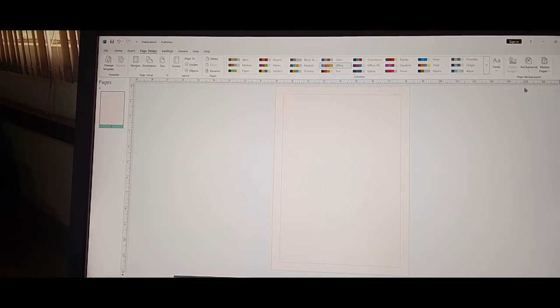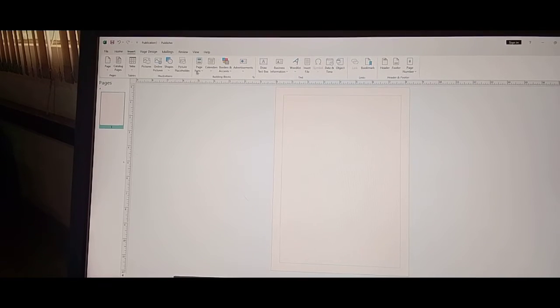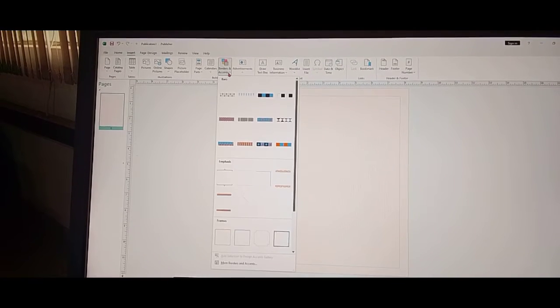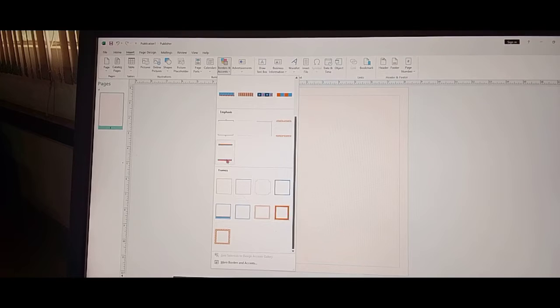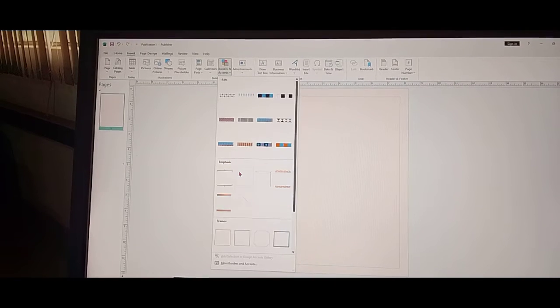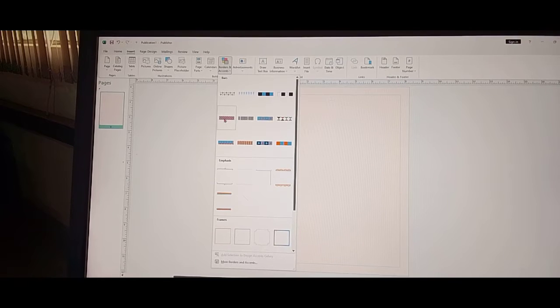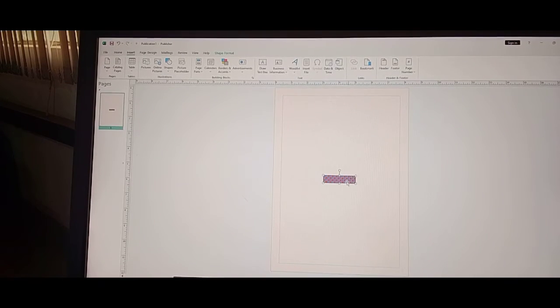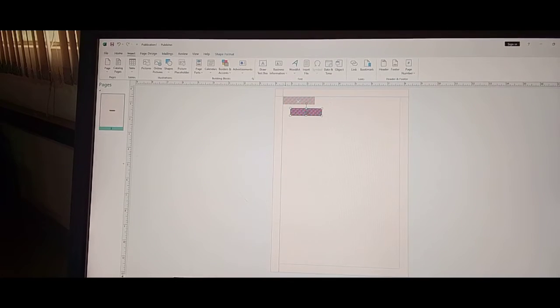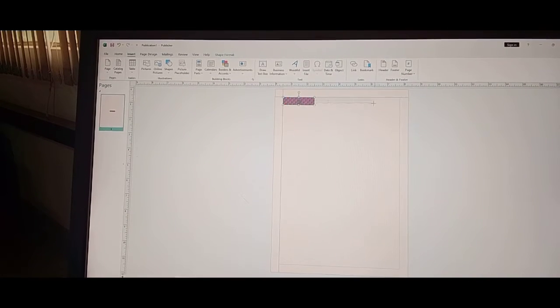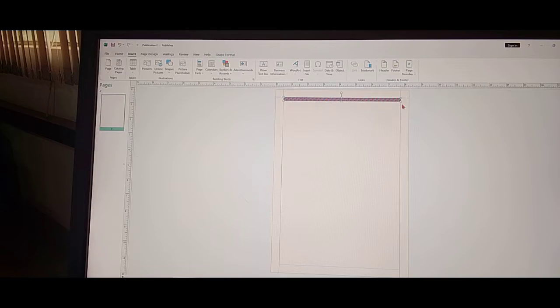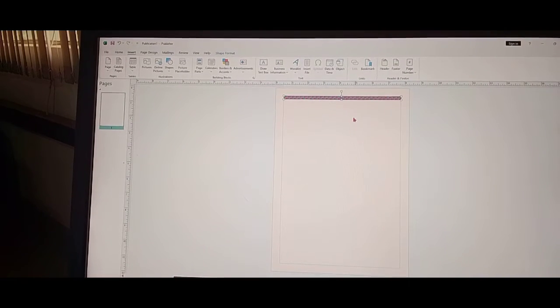Now, we also have under insert, borders and accents. Anytime you want to create borders for your document, for your publication, you can always come for borders and accents. Very helpful. If I click there, I'll have a border and accent. So this border and accent, I can take it up maybe to that edge. I can also maximize or minimize it. I can right click, copy, and then I can take it down